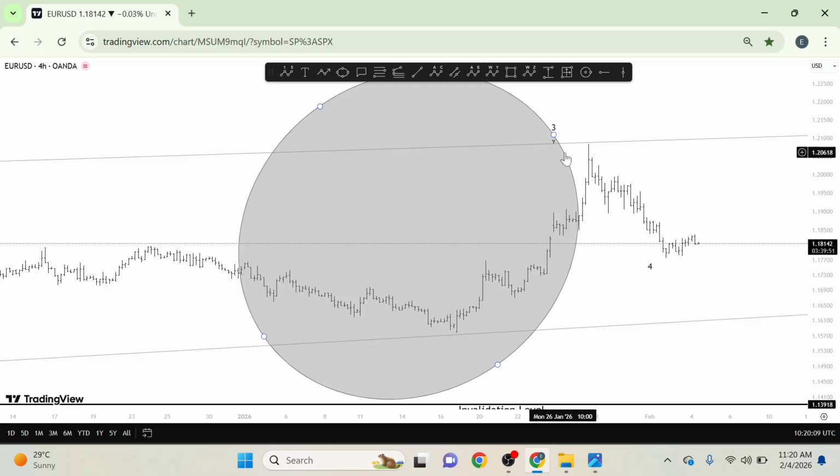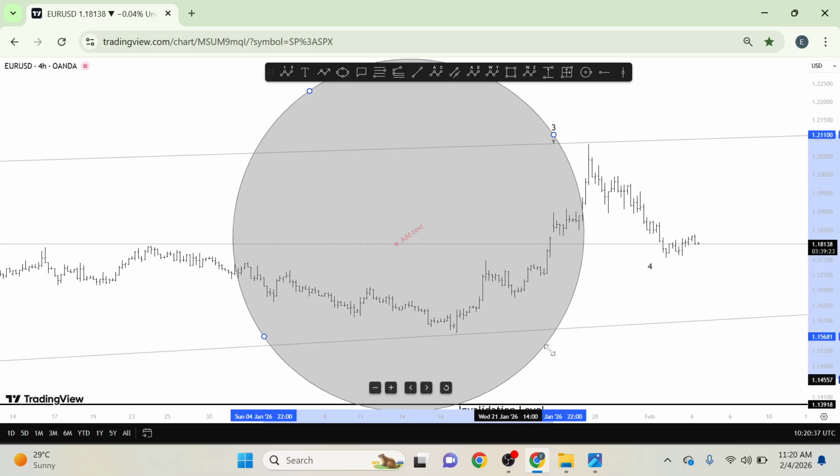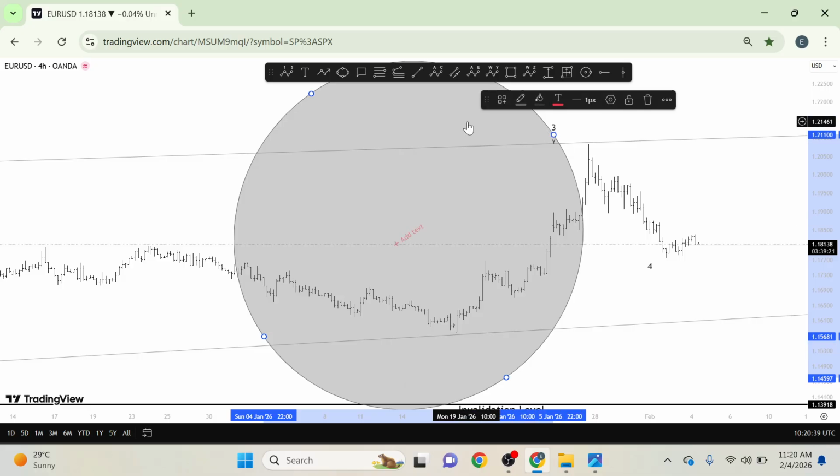If you now use micro lot size, and for you to use micro lot size, you need to add at least $1,000 in your trading account. $1,000 is required. So you use the micro lot size, you'll make at least $30 for this move. And the last one people don't really mention is